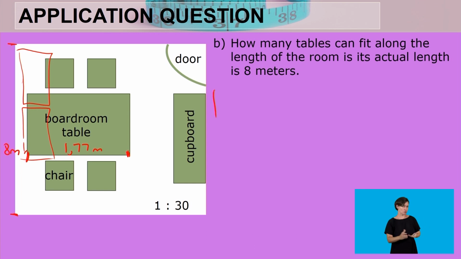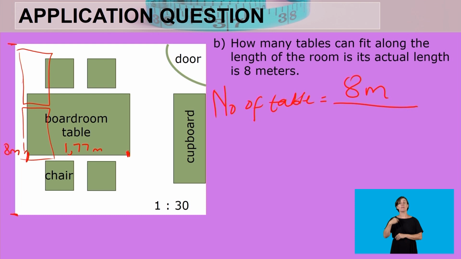So we're going to say number of tables is equal to, what is the dimension of the room? We are getting 8 meters divided by, what is the dimension of the table? It is 1.77 meters. So the units are the same, they're going to cancel. Whatever answer we get will be the number of tables. So what is 8 divided by 1.77? We are getting